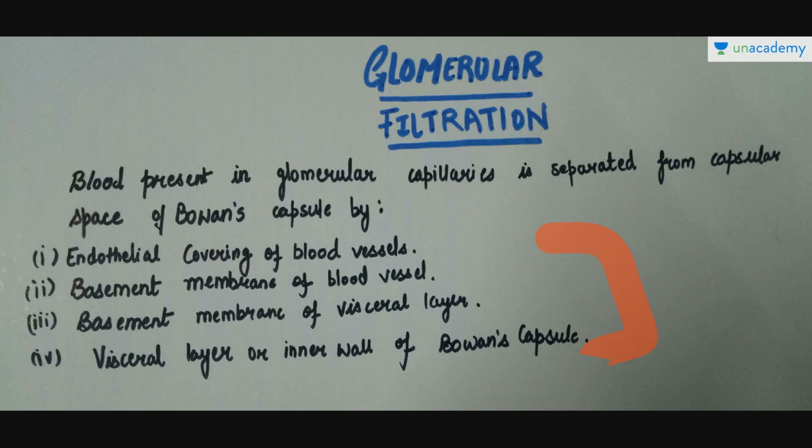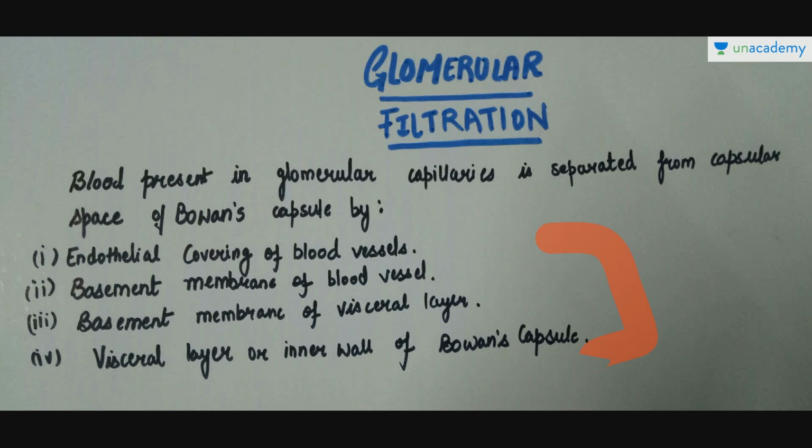So when the filtrate is passing from the blood, it has to cover all this distance in order to reach the capsular space inside the Bowman's capsule. And as we already did in the structure of nephron, the visceral layer is facing the glomerulus, and the filtrate that has to pass into the Bowman's capsule has to come through the visceral